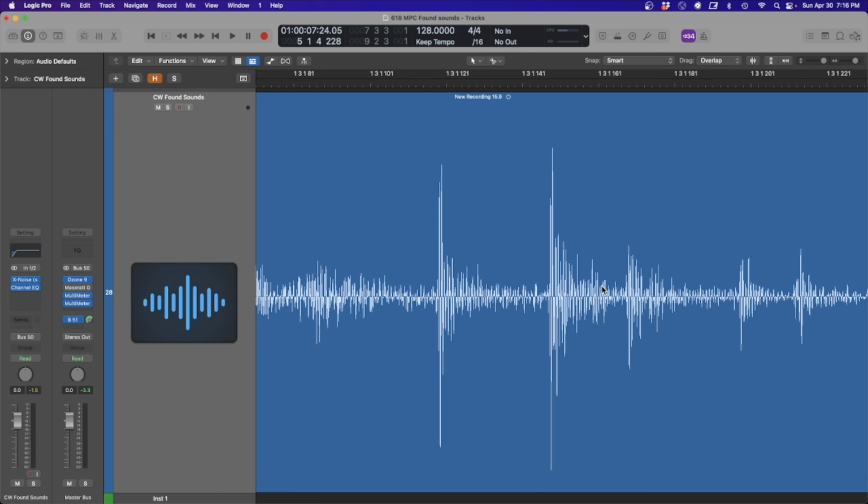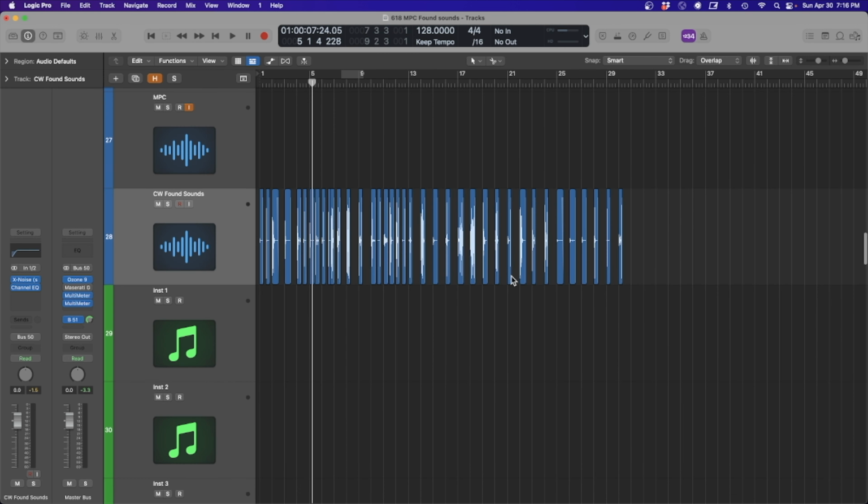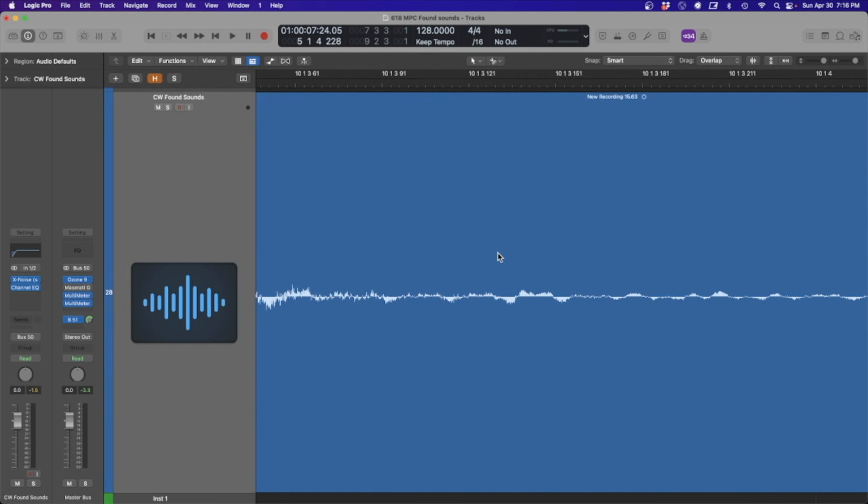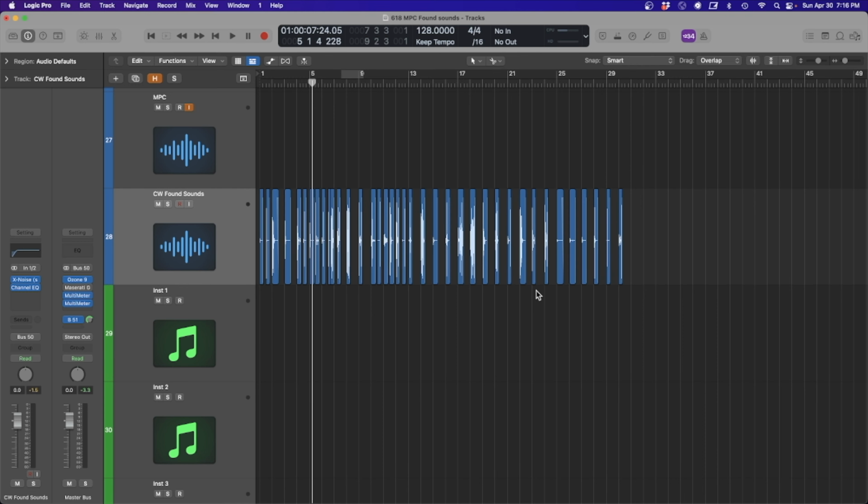One thing that I like to do with my productions and the found sounds that I use is I will not go in. You can record sounds and then go in onto one piece and then loop one section and then turn one sound into a bass sound or something like that. That's not really the idea that I go for when I'm recording found sounds. I just want extra textures, extra layers, and things that